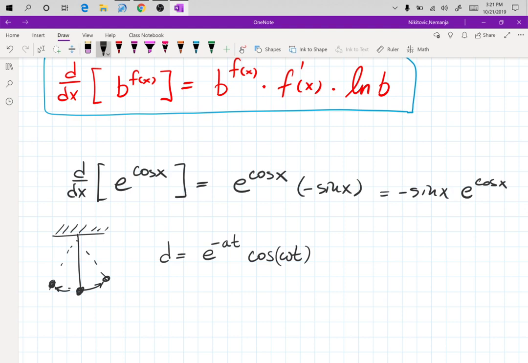So we mentioned this briefly earlier. You are going to have the full lecture on this in differential equations eventually. Now, if I want to know the velocity, then that will be the derivative of the distance with respect to time, which means now I have to do the product rule, and then I have this term eventually that I have to take the derivative of, which is